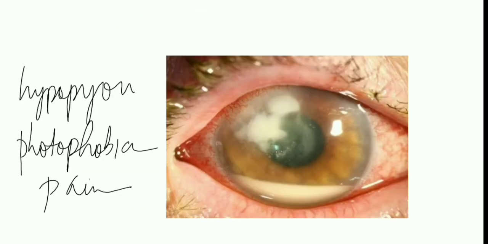So in this picture you can see the hypopyon, and this hypopyon is because of settling of WBC in the anterior chamber of the eye, and hypopyon is observed in 2 conditions: in the corneal ulcer, also in anterior uveitis. So it is very important to differentiate between these two, because the line of treatment is different.